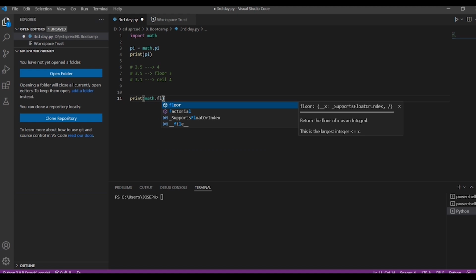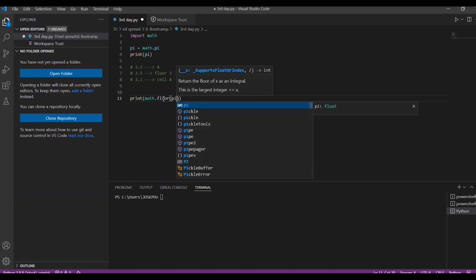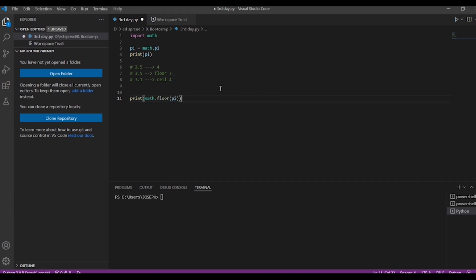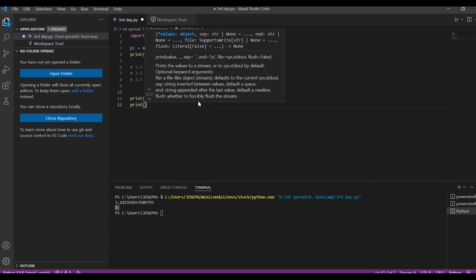So I'm just going to take the floor value of pi. As I mentioned earlier, the floor value, irrespective of the decimal point, just gives the whole number. So I'm just going to run it. Yep, the actual value is 3.14 and the floor value is 3. And print